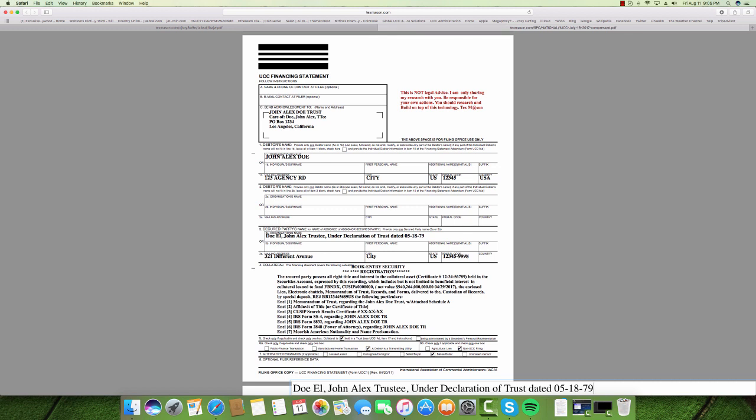But this is that trust right here. This is called the trust registration statement. Doe L. John Alex, Trustee under declaration of trust. Why is it a declaration of trust? Because that's the proper type of trust to do when someone becomes of the age of competent. When someone's of the age of majority, they become competent, they realize that they've been surety, they realize their estate, they have to do an accounting for the property of the estate, which is what executors do, right? They do accountings, they do titles,